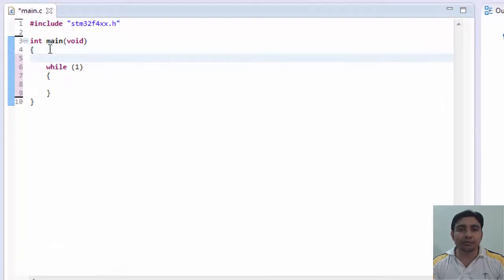Now let's start writing the code. Let's first initialize the two LEDs connected to PD0 and PD1.